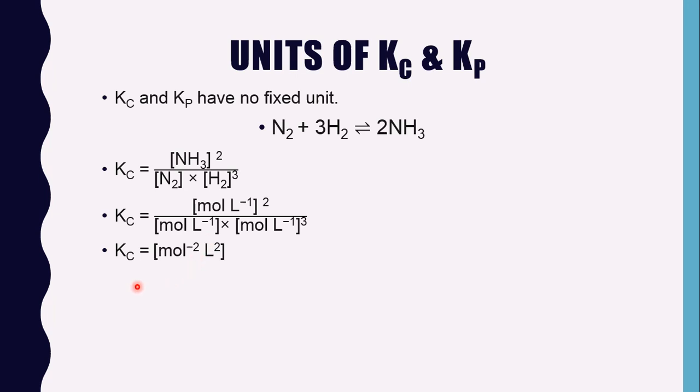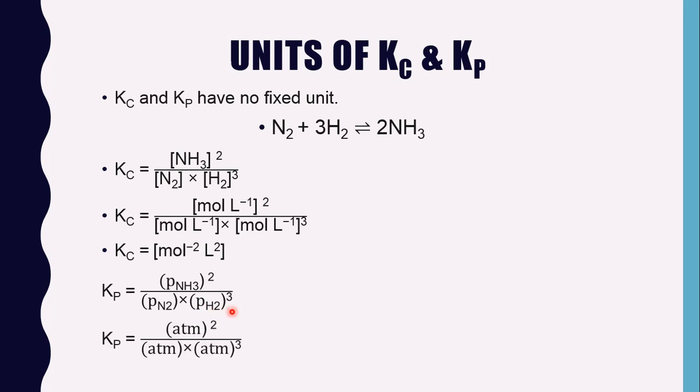In the same way, you can find out the unit of Kp for this reaction. Kp equal partial pressure of product divided by partial pressure of reactant. Here, if you put the value of partial pressure, that is atmosphere, you will get Kp equal atmosphere to the power minus 2. Here also del N equal minus 2. So, if you put the value of del N in the partial pressure unit, that is atmosphere to the power del N, that is atmosphere to the power minus 2, which is the unit of Kp for this reaction.